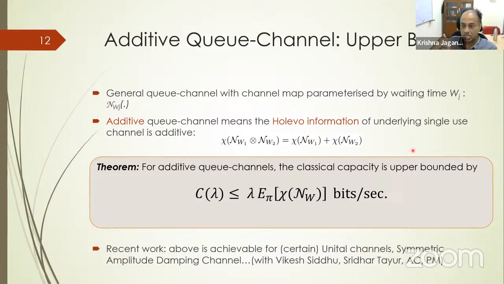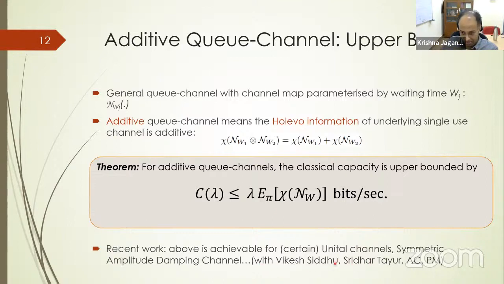So the converse holds even if the decoder knows all the waiting times of all the qubits. This is the converse on the screen, for additive Q channels. Even if the decoder is endowed with all waiting time sequences of all the qubits it sees, you cannot beat this. Okay, that we have shown. The encoder knowing waiting time,